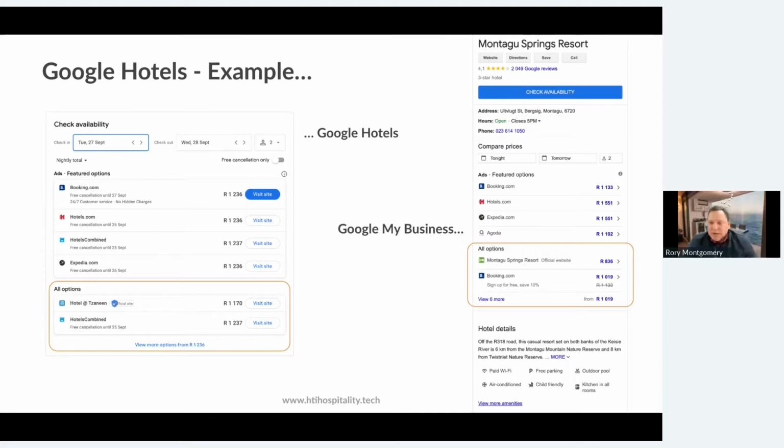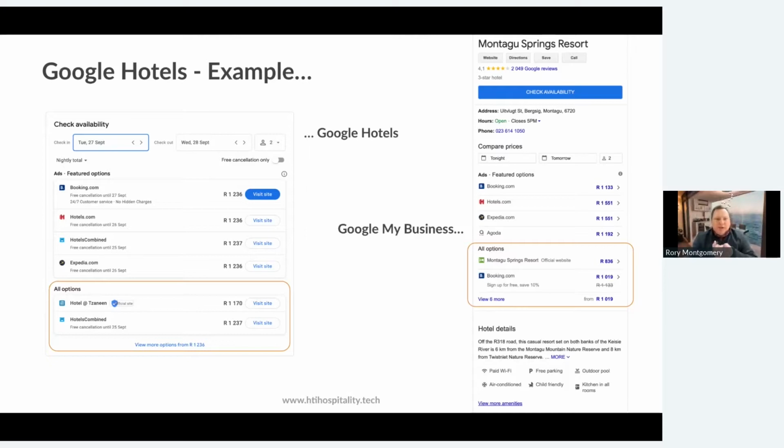What Chris and them specialize in is the ability to position yourselves in the paid section, which displays first in most cases, and sometimes the all options doesn't even display the hotel booking link. You need to click through. So the paid ads is really where you want to be. Just on the right hand side, this is your Google My Business section, which appears in Google when you search for a specific property.